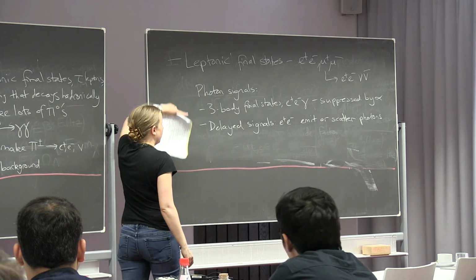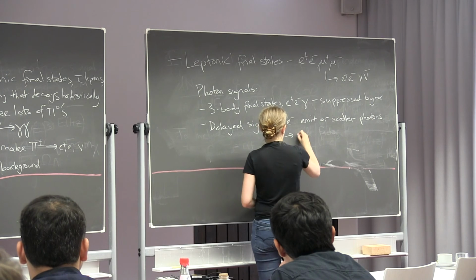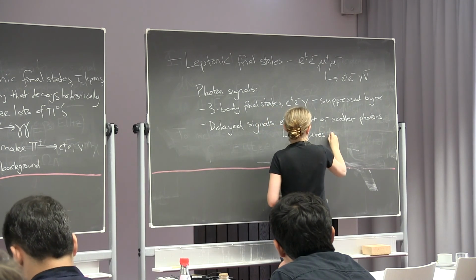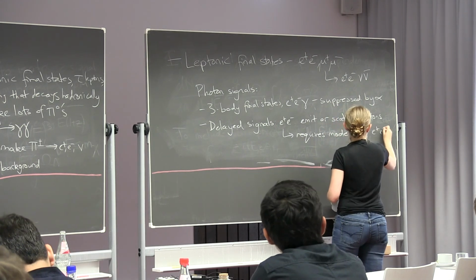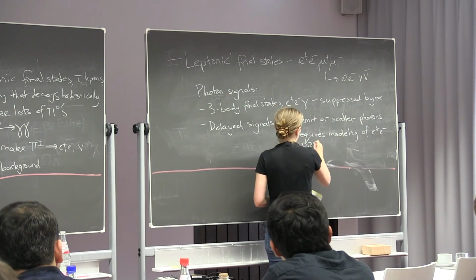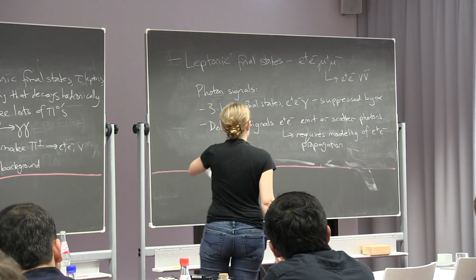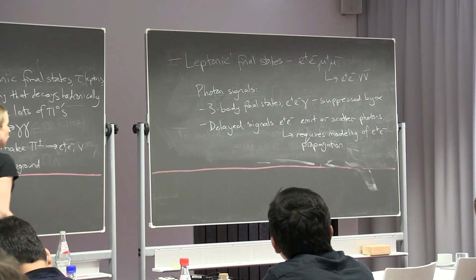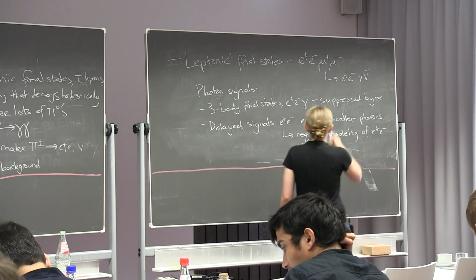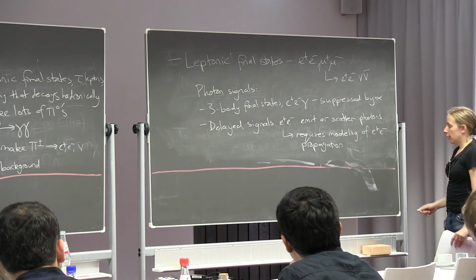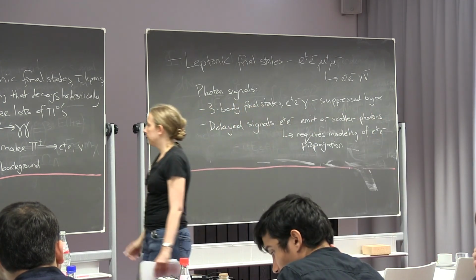Just because you don't make any photons directly doesn't mean that you don't make photons, but this requires modeling of the electron and positron propagation. So these are models where these are the dominant final states, which can happen naturally in dark photon models where the photon is too light to decay to anything else in the standard model. People also write down models that are explicitly leptophilic, although